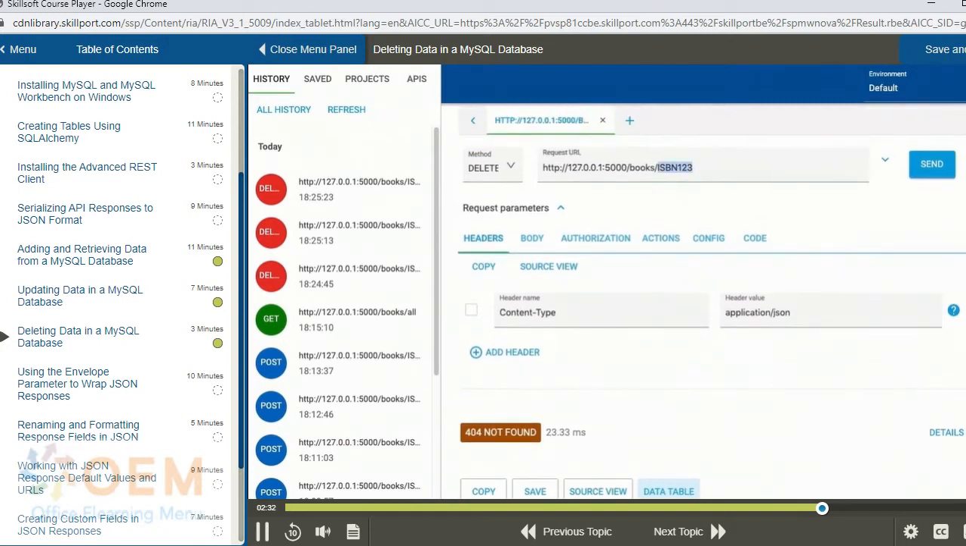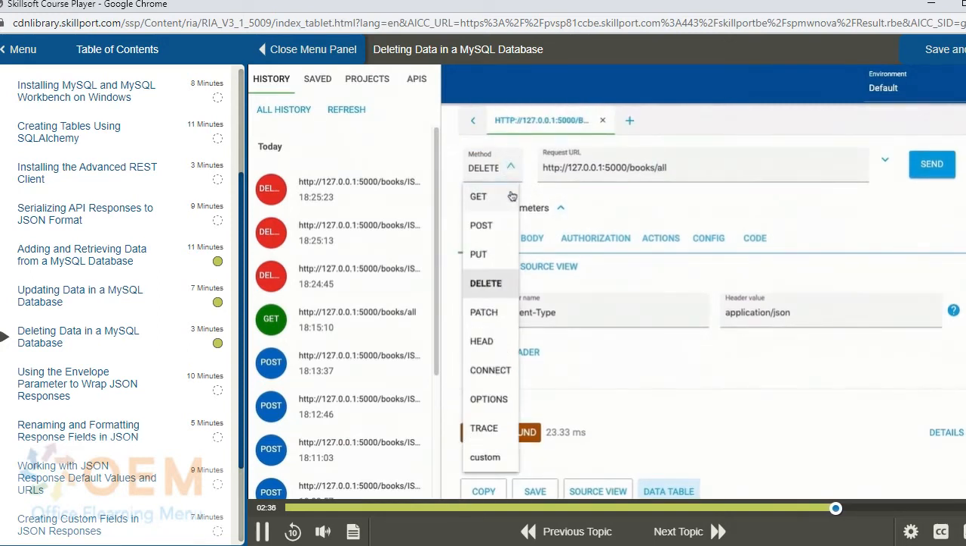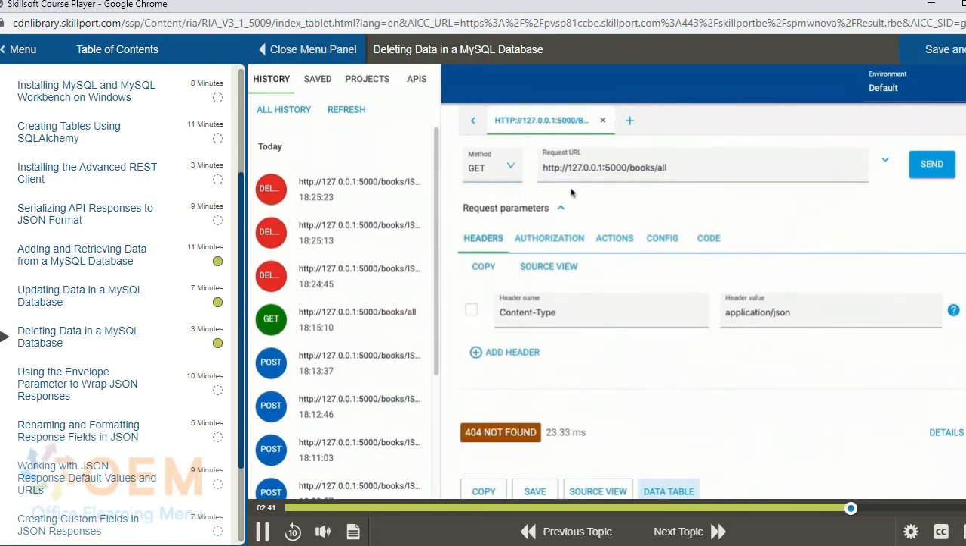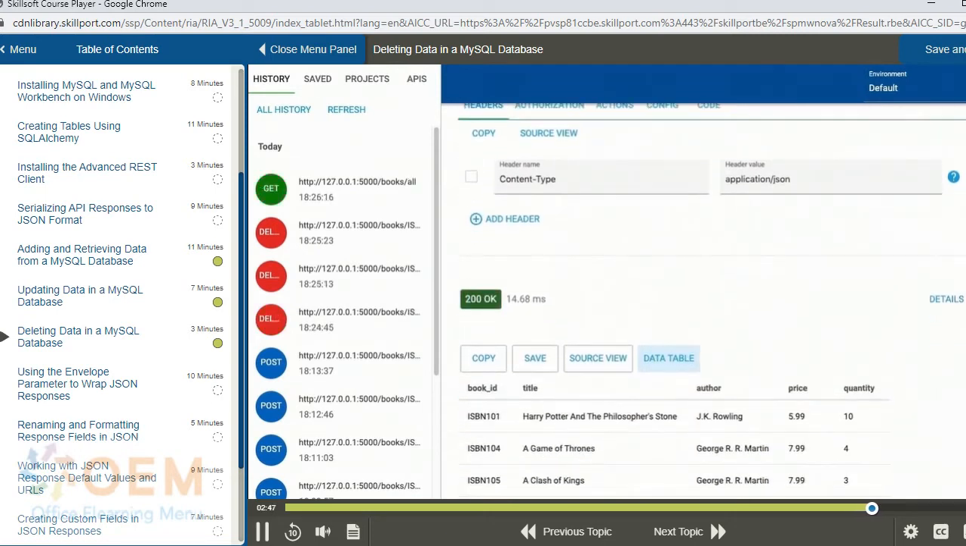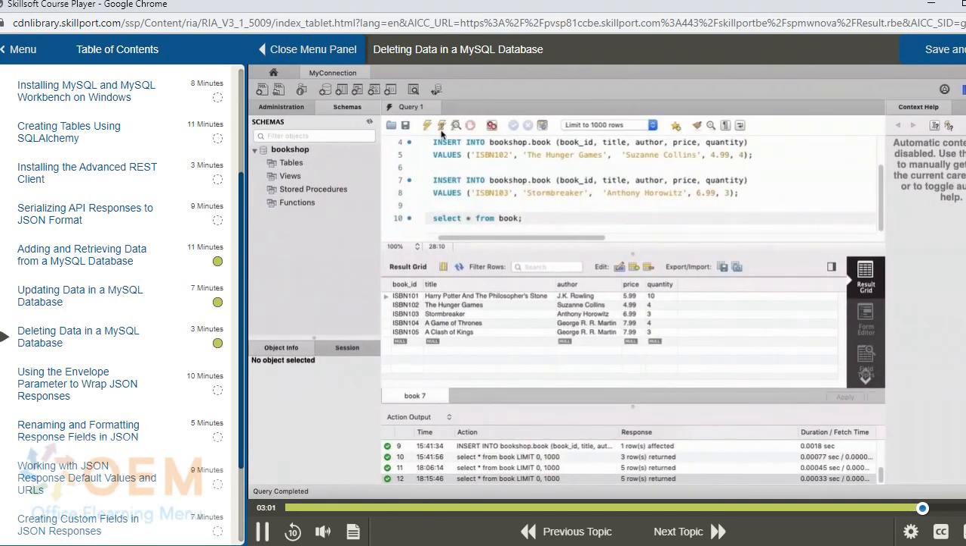We received success messages, but how do we know that the books have actually been deleted? Let's retrieve all of the books that we have in our database to see whether the delete operation was successful. Make a GET query to books/all, and you can see that there are just 3 books remaining in our database. These are the books with ISBN 101, 104, and 105. We can always double check that these books have been deleted